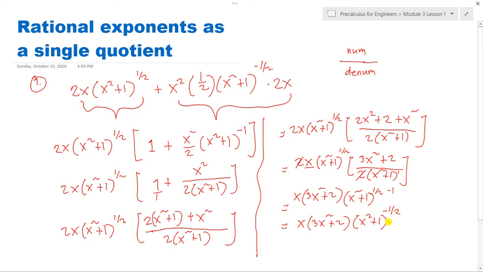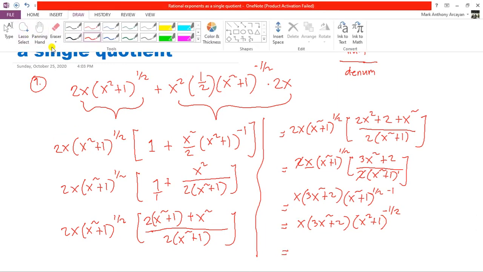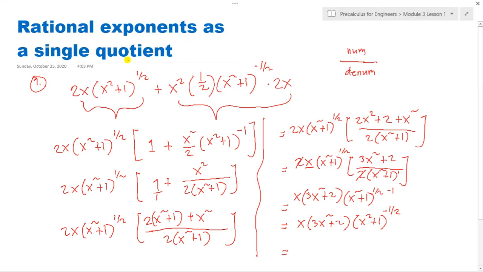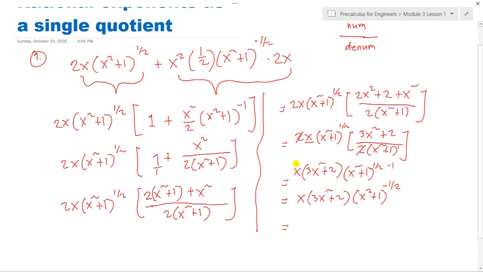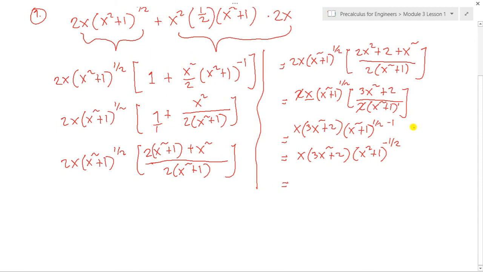And since we have a negative, we must bring it to the denominator. Let me erase first because we don't have space, or, okay, I'll just scroll out. Okay, here. Since this is negative, class, this last part, we need to bring it down to the denominator. So, the final answer would be x times 3x squared plus 2 all over x squared plus 1 raised to